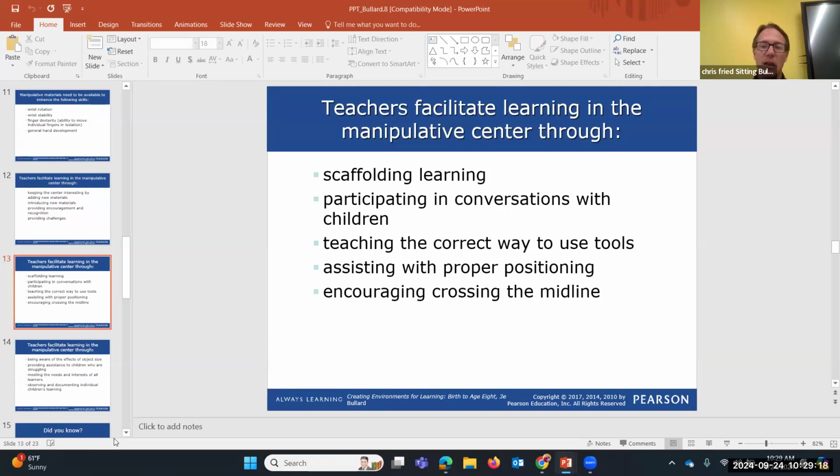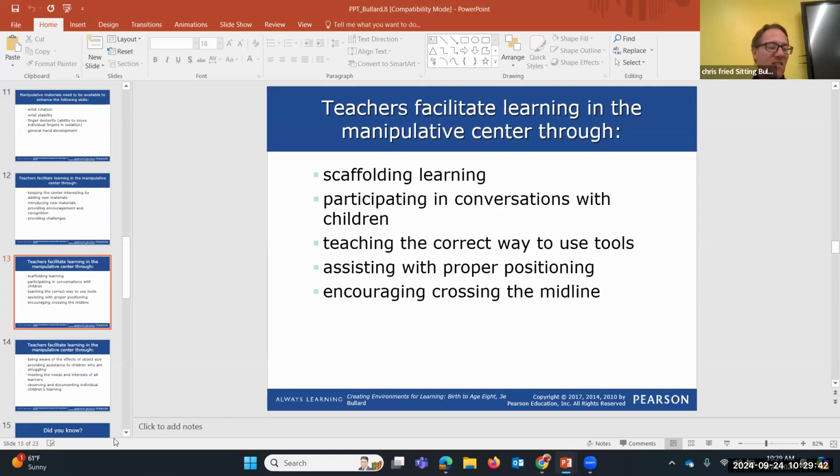Encourage crossing the midline, okay? So the midline of our body, right? Young children are very comfortable in just doing things right on the right side, left on the left side, but getting them to cross over is an important skill to learn, okay? It doesn't seem like it would be for us because we are used to it as adults, but for young children, it's important for them to cross over left to right and understand that.